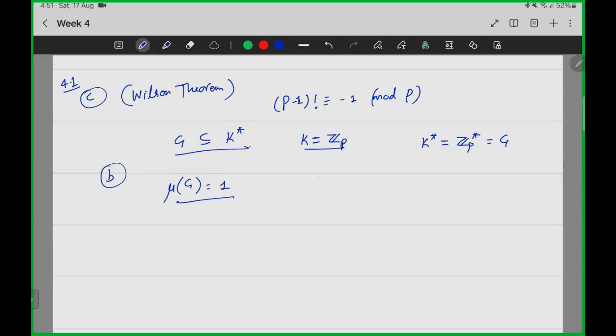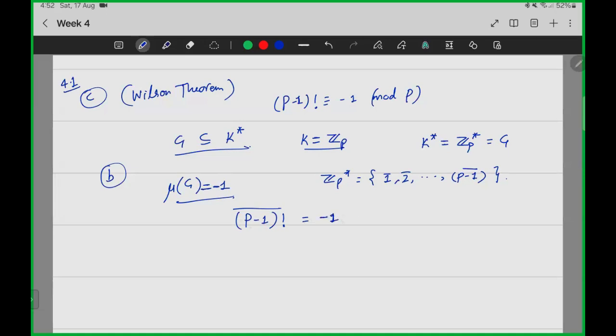The product of all the elements. What are the elements of Z_p star? 1, 2, up to p minus 1 bar. So mu of G follows directly. The product is nothing but (p minus 1) factorial in the bar,